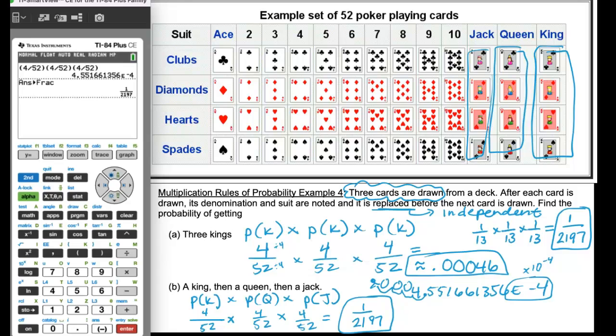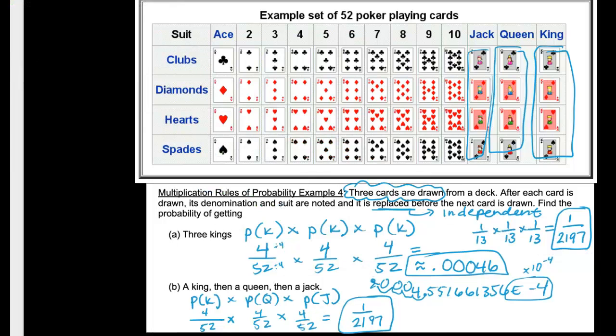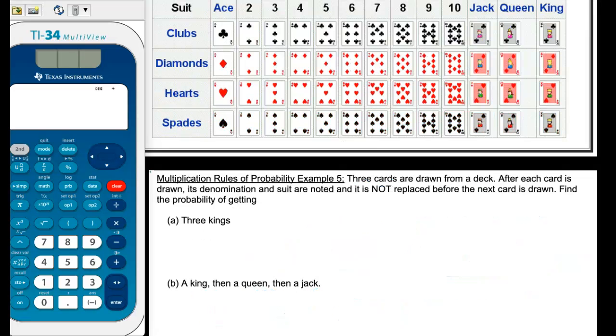So let's look at example 5, which will look at the same exact problems, but without replacement. So we're going to find the probability of picking 3 kings again, only in this example we're going to assume that when we pick a card it is not replaced, it's set aside, and then the second card is picked or the third card's picked. So this means the events are dependent,